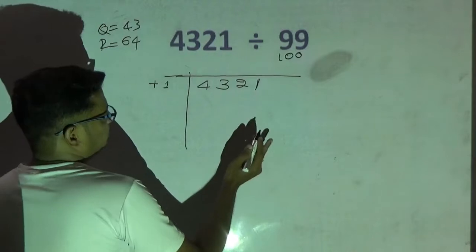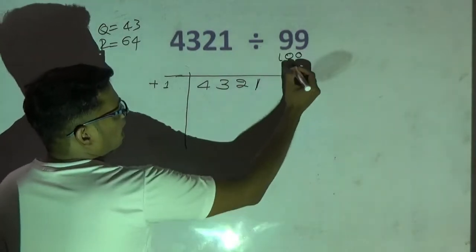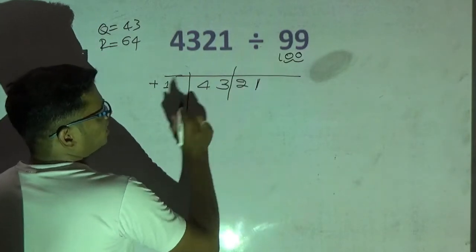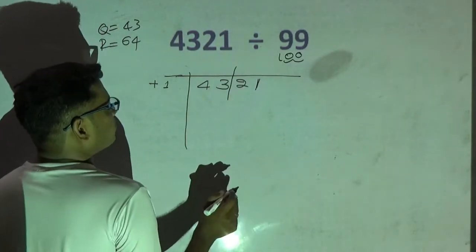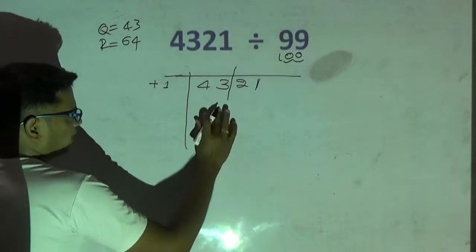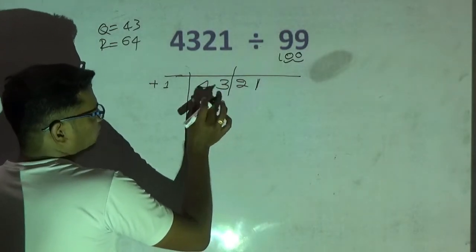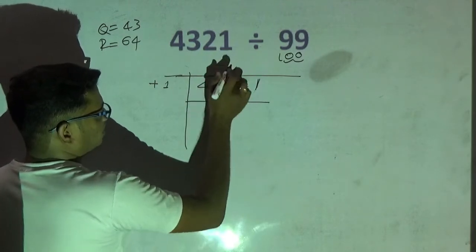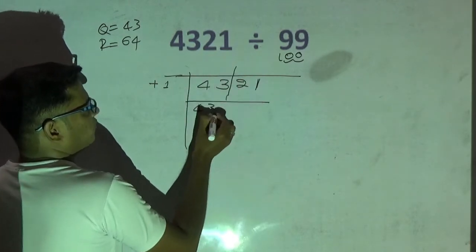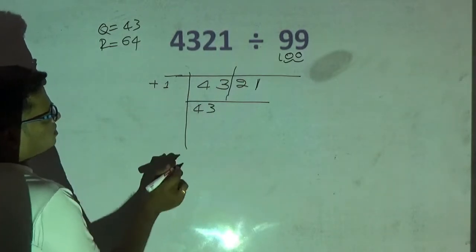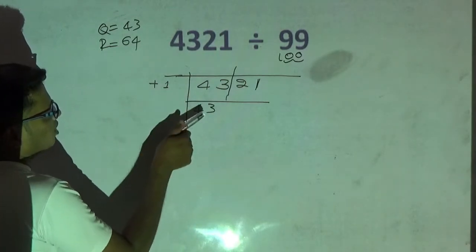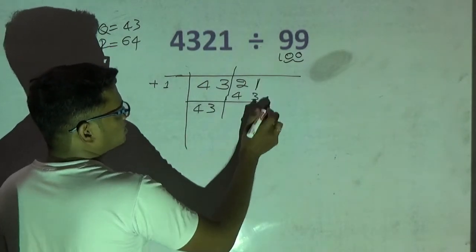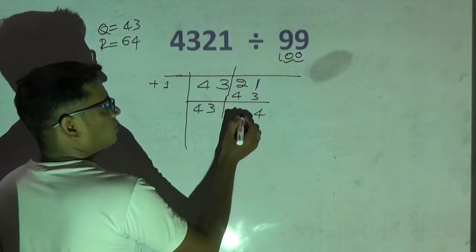Now, first step, this is what you have to write. Next step, 100 has how many 0s? 2 0s. So you need to split 2 digits from your right side. After you divide, the leftmost digits you have to write as it is. So what is your leftmost part? 43, as it is. 43 1 times is 43. Now you need to multiply these two. 43 1 time is 43. Now add: 3 plus 1 is 4, 4 plus 2 is 6.